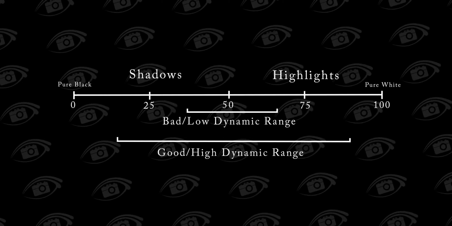So if you don't know what a dynamic range is, let me give you a one-line meaning of this. Dynamic range is basically the difference between the darkest and brightest part of an image. So if your camera is capable of storing the information of the shadows and highlights at the same time in the same image, then your camera is said to have a good dynamic range. See this illustration to have a better idea of this.